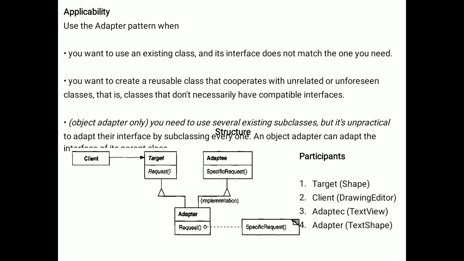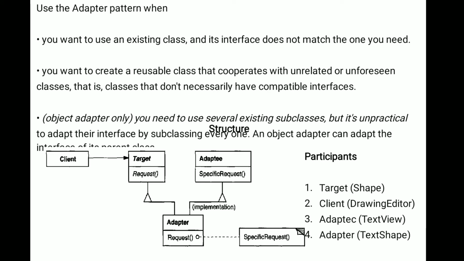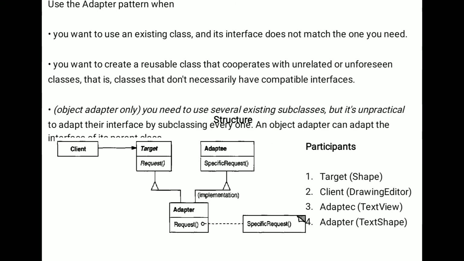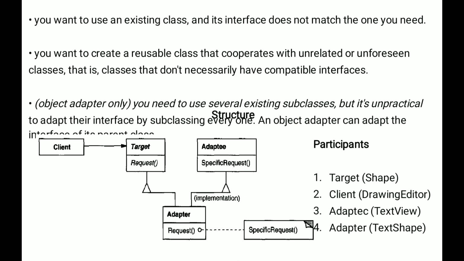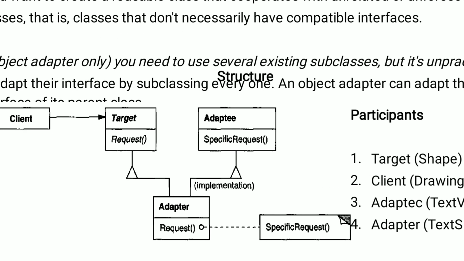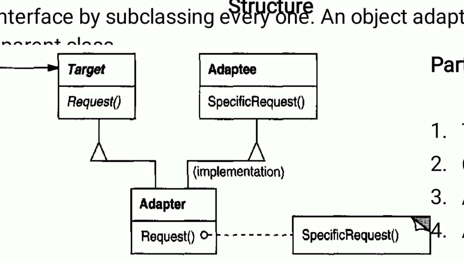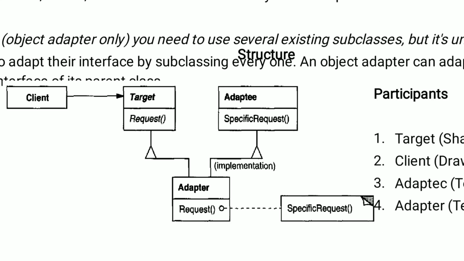Here you see the structure of the adapter pattern. Here you see client is going to send the information to the adaptee. Client is one class and adaptee is another class. The client is going to send the information to the adaptee class, but those two classes are incompatible. If that is the situation, then we are going to use the adapter. Yes, here the adapter is there so that it is going to create the compatibility between the client and the adaptee.